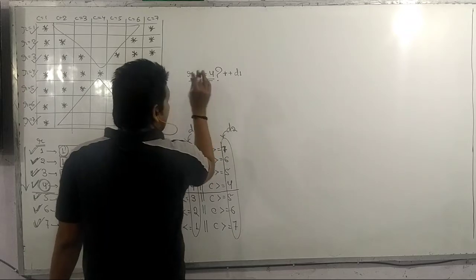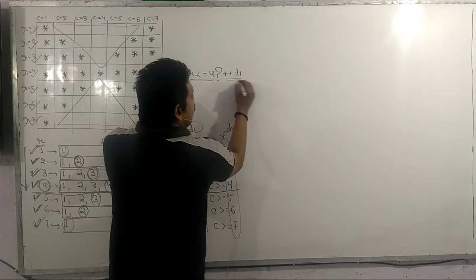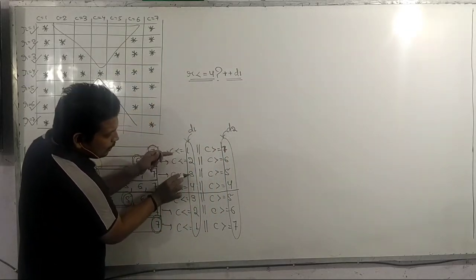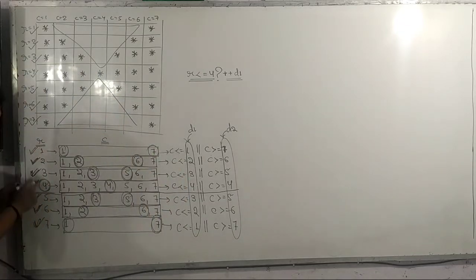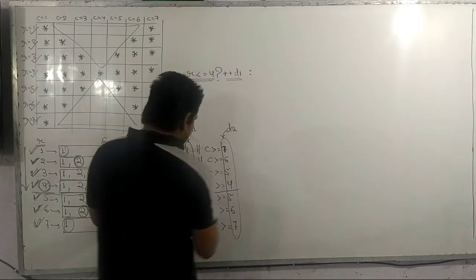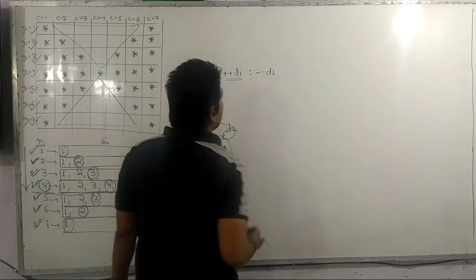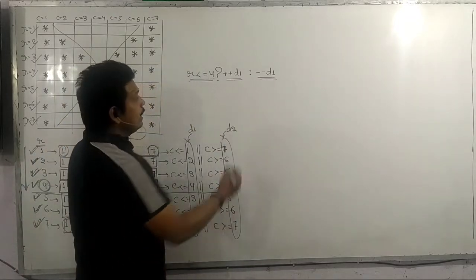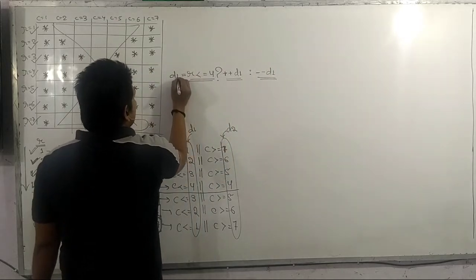This is the condition. If this is true, अगर R का वैल्यू 4 या 4 से कम है, तो D1 का वैल्यू क्या होना चाहिए? इंक्रीज होना चाहिए by 1. है ना? देखो बढ़ रहा है 1 के बाद 2, 2 के बाद 3, 3 के बाद 4. Okay, if this condition is false, अगर R का वैल्यू 4 के beyond चला जा रहा है, okay, so in such case I will write here --D1. ठीक है, --D1. और the incremented value and decremented value will be stored in the same variable, that is D1.